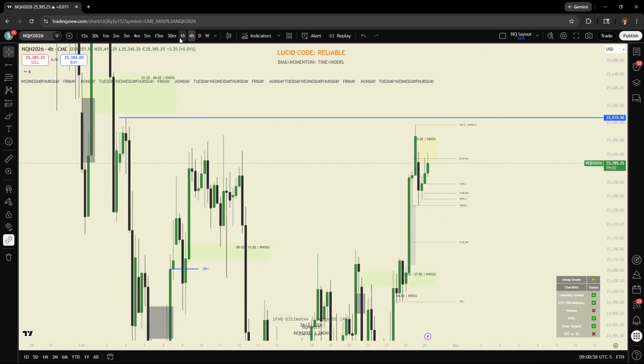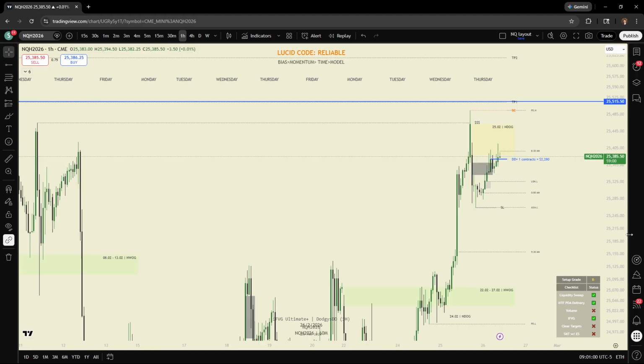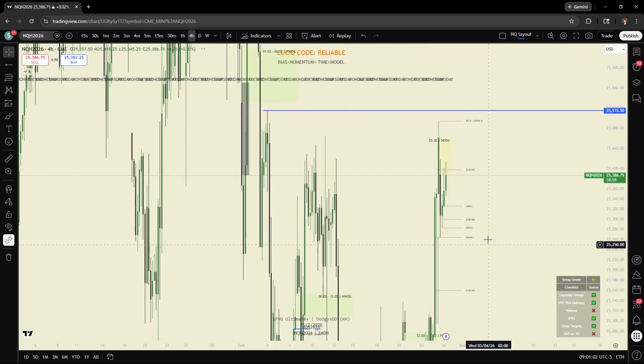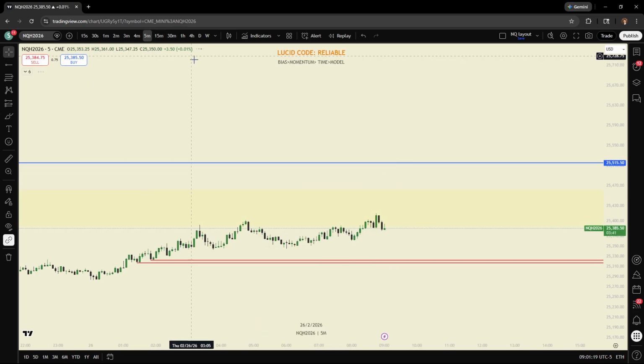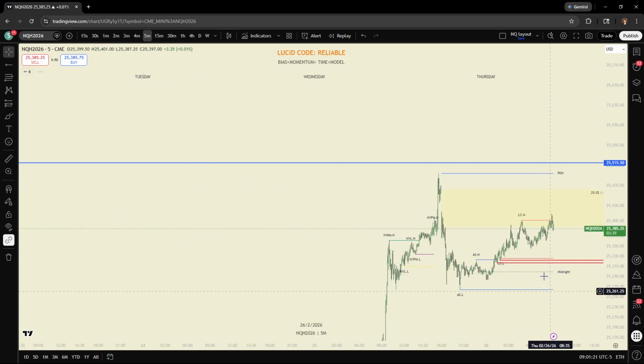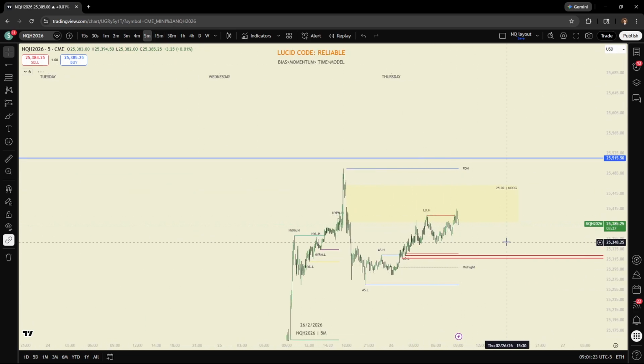And then the reasoning for that is 1 hour inverse. It'd be nice if we came back to the 4 hour. And then after that, we kind of got our V-shape set up, right? So we would sweep out Asia low, we would take out London. Hopefully we leave previous day high intact, and then we get our long up.